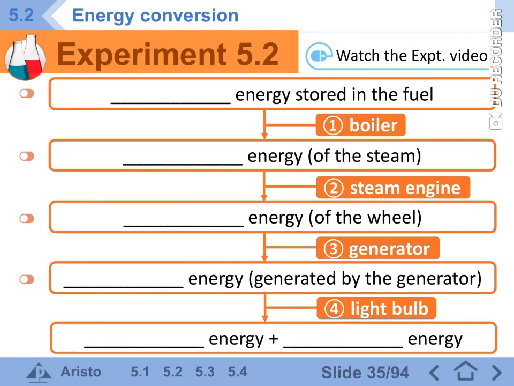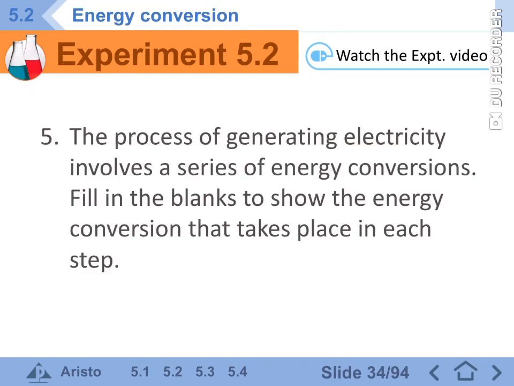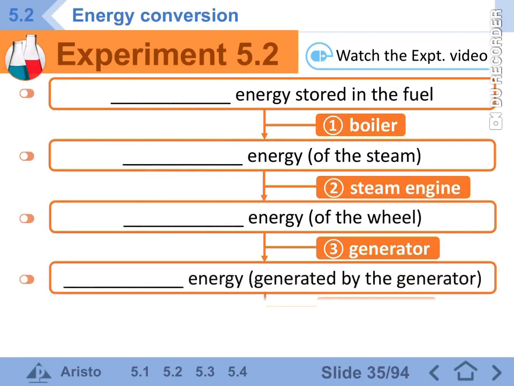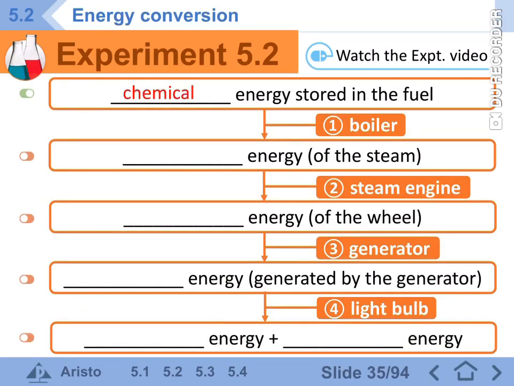So in here, let's take a look at the first step. We put the alcohol as the fuel to burn. Okay, I have to wait for it. So the first step is that the chemical energy is being stored in the fuel. So in here, it will start to burn. Okay, so what would happen next is